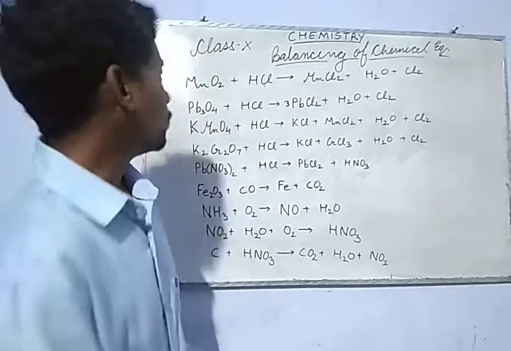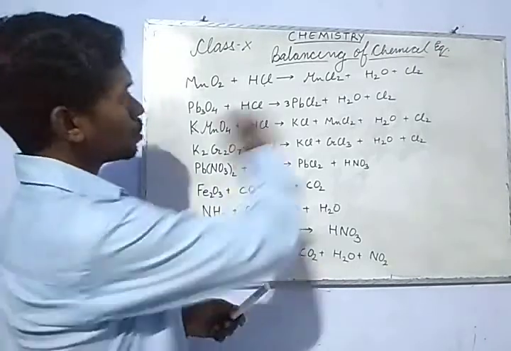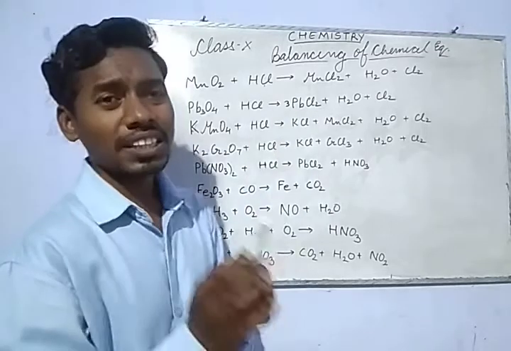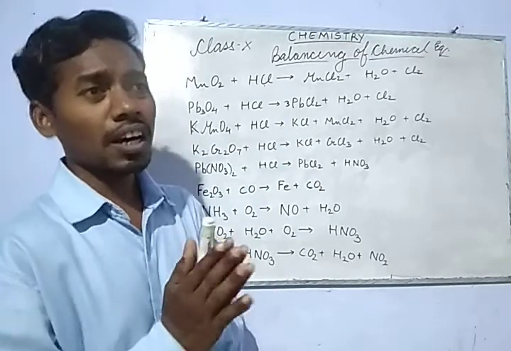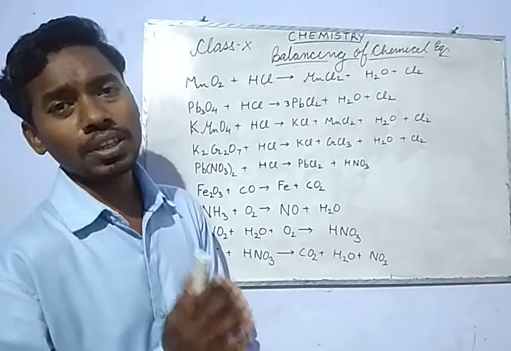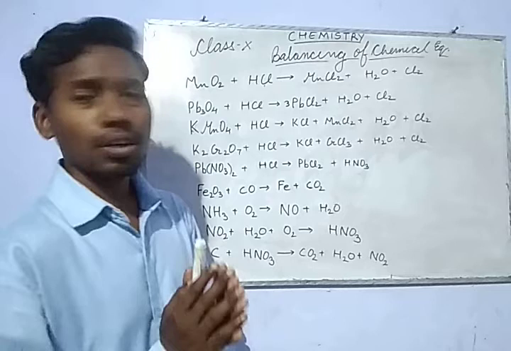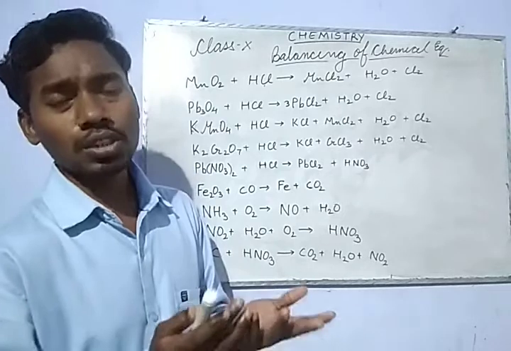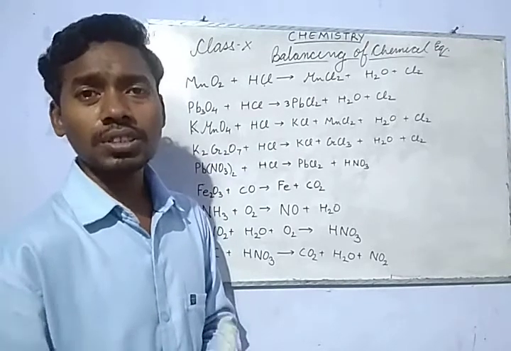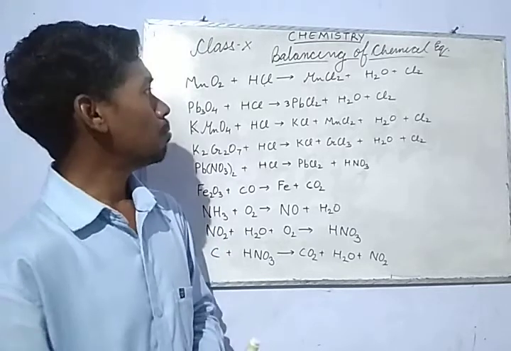Okay, so let's see the first one. Before starting this, we should always know that we don't know the exact number of molecules that are reacting, or how many molecules are formed in the reactants. So in that case, we have to balance it. How do we start? We use a hit and trial method. Hit and trial method is what in Hindi we say tukka maan. So we guess, and we start that balancing.